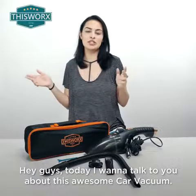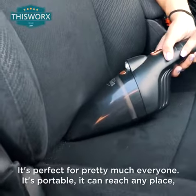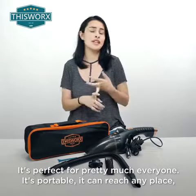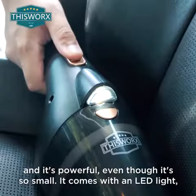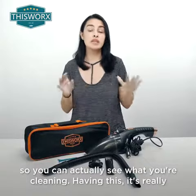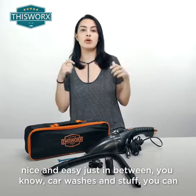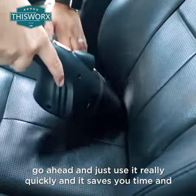Hey guys, today I want to talk to you about this awesome car vacuum. It's perfect for pretty much everyone. It's portable, it can reach in any place, and it's powerful even though it's so small. It comes with an LED light so you can actually see what you're cleaning. Having this, it's really nice and easy just in between car washes and stuff. You can go ahead and just use it really quickly, and it saves you time and money, which is really